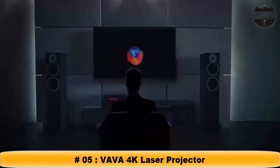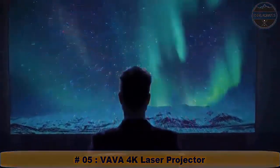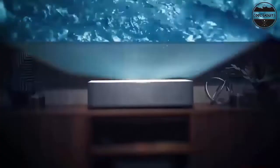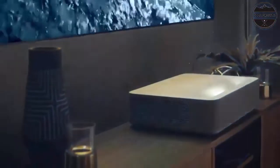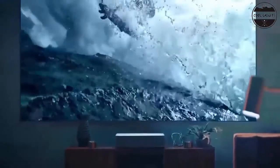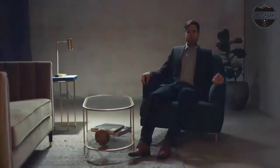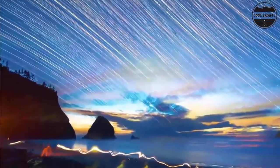For the ultimate viewing experience in ambient lighting conditions, an ALR screen designed for ultra-short throw projectors is recommended. Technical specifications: projection system display type, DLP; light source, laser, ALPD 3.0; throw ratio, 0.233; projection size, up to 150 inches; resolution, 4K; brightness, 2500 lumen, 6000 lumen; luminance uniformity, greater than 88%; contrast ratio, greater than 300 to